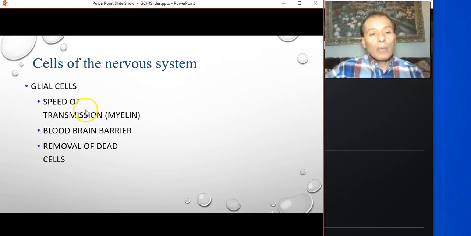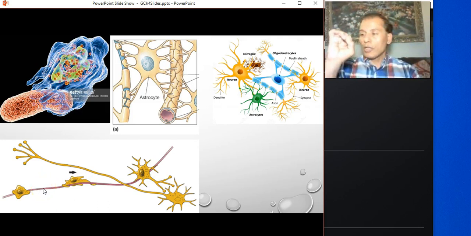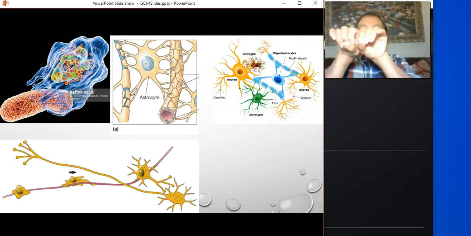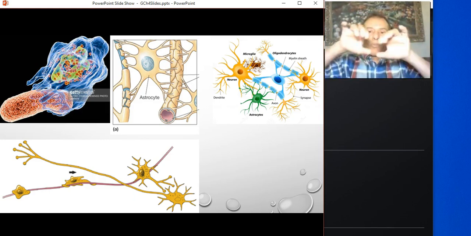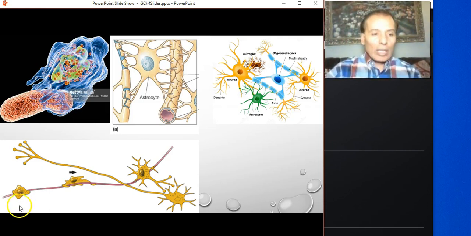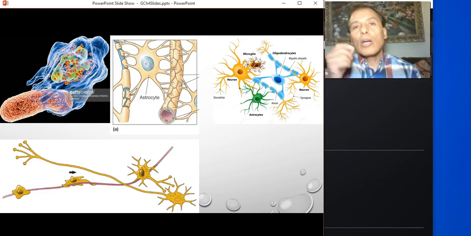So in general, one kind that I wanted to mention here, glial cell, this is the purple line here. These are called radial glia or radial glial cells. They are shaped like a cylinder, like one piece shaped like a little tube. And then you get many of them coming together and connecting with each other like this. So you get so many pieces, then they make like a hose.